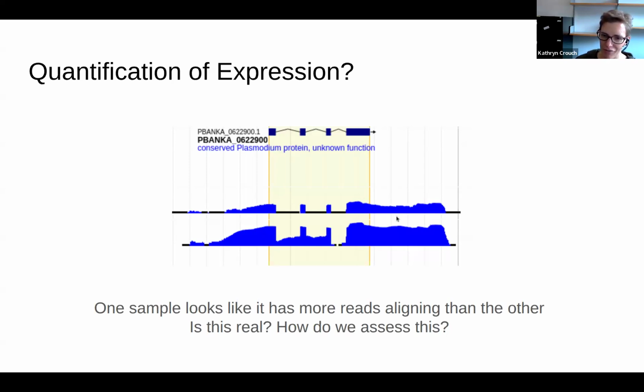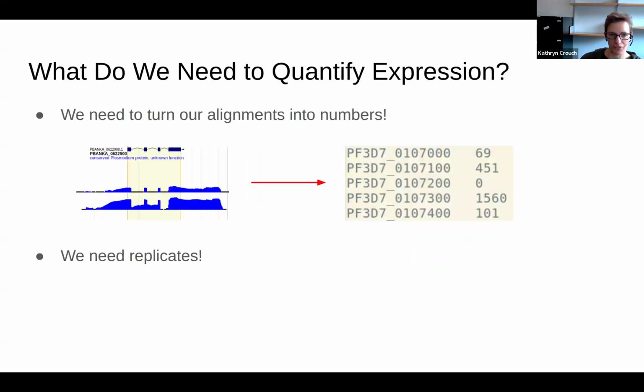So how do we get from this to numbers that we can actually do statistics with? Okay, so yeah, we need to turn our alignments into numbers. The other thing we're going to need to do here is replicates as well. Replicates, if you're doing statistics, is something you always need anyway. But we really want to see that this difference is consistent between these two conditions and not just something random